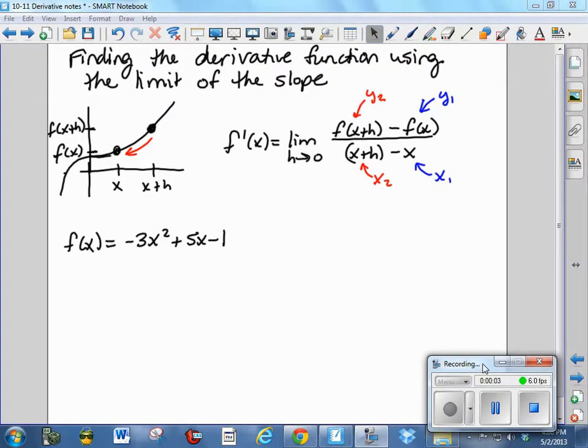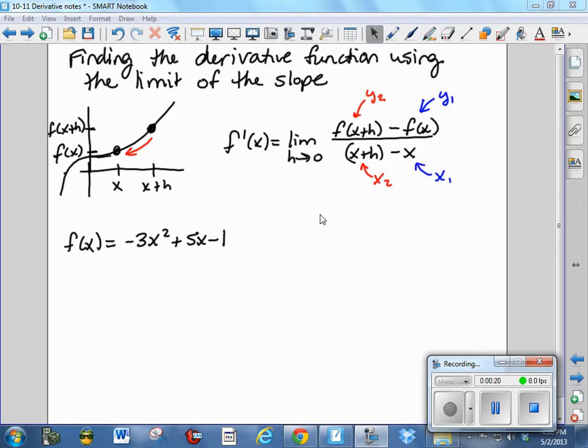This last example is not in your notes, but I wanted to add it because this will help you with the last problem on the derivative review worksheet. When you go to calculus, those of you going on to calculus, you will encounter this particular